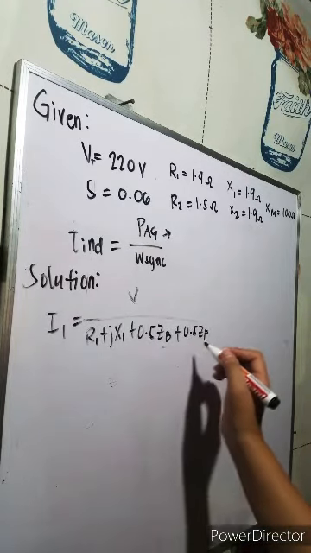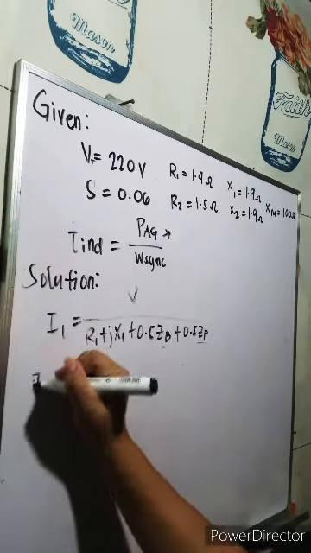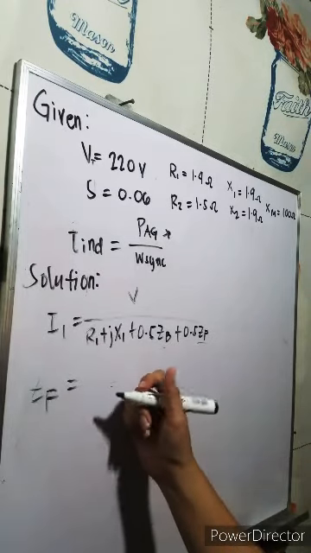Since we don't have ZB and ZF yet, solve the unknowns. ZF is equal to